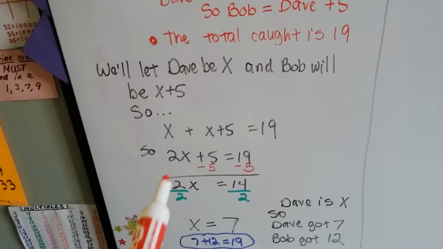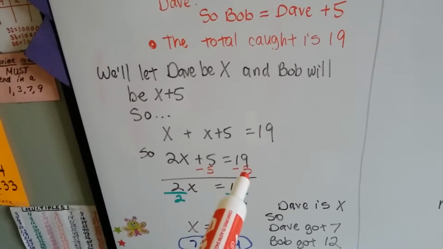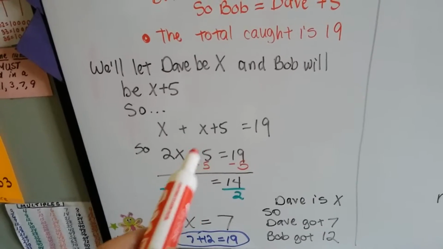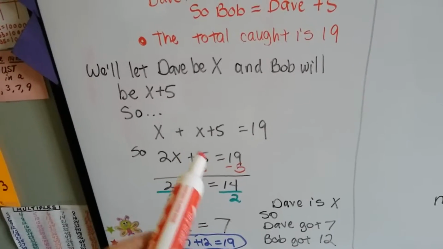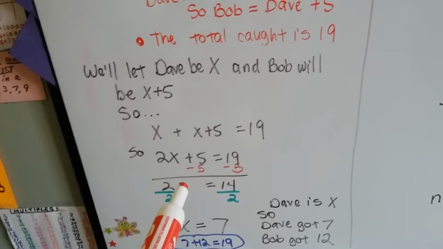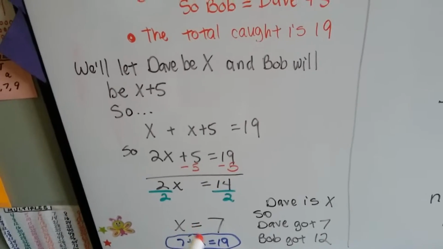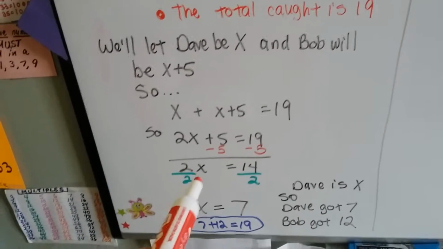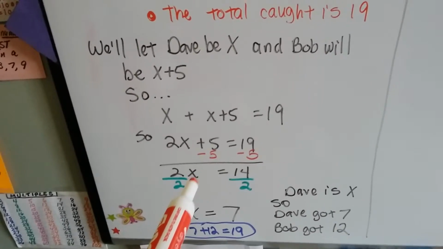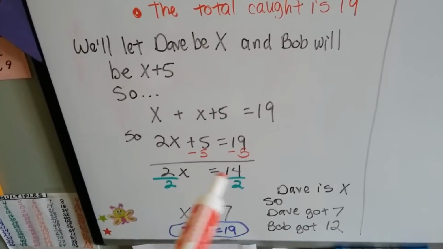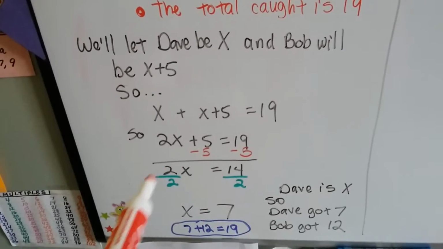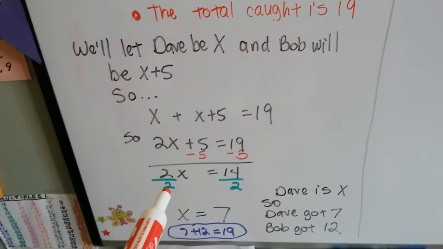See that? So what we're going to do is remove 5 from each side, and this is going to make a zero pair and cancel each other out. So we're going to be left with 2x equals 14, because 19 take away 5 is 14. Now we're going to try to get x isolated by itself to solve this problem by dividing by 2 on each side. 2 divided by 2 is 1,